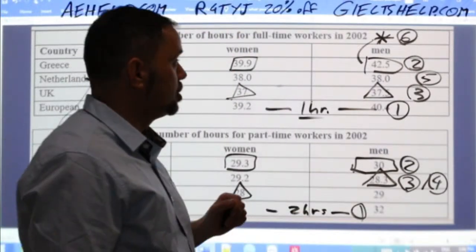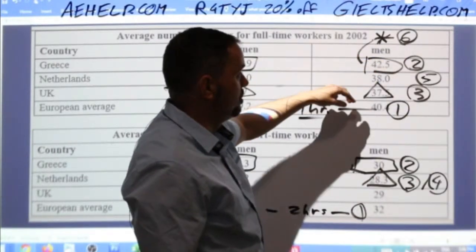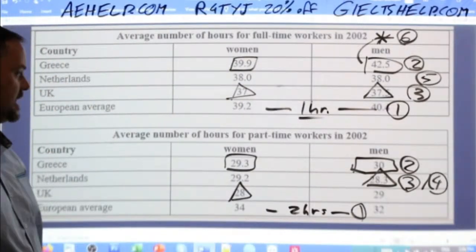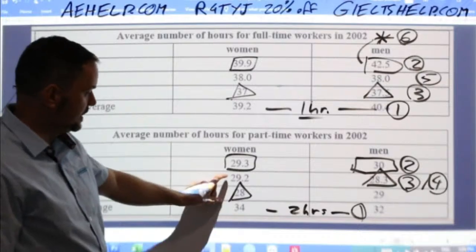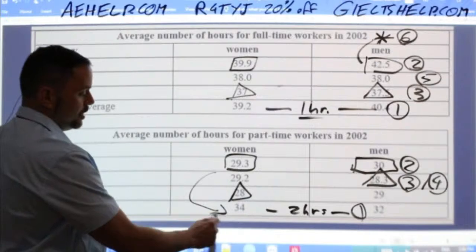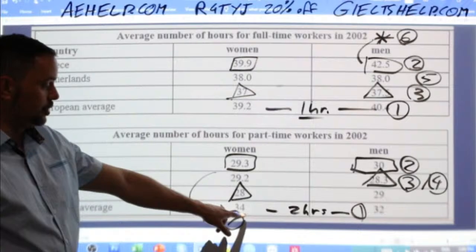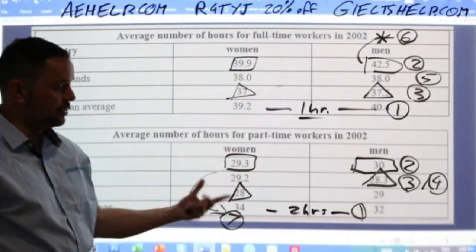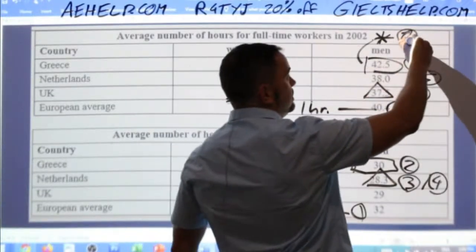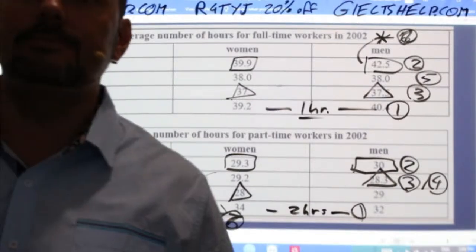So if you're not sure that you can do a band 8, band 9, then don't start worrying about these kinds of comparisons like Greece to the average. That would be my number 6. And then number 7, you might compare something like this, where women in these 3 countries are quite a bit lower than the average, okay, which is 34 for Europe. So Europe for women, it's 34. These countries are all under 30. You might even make that 6, looking at it now, and make this one 7, okay? All right, so lots and lots of information there, okay?